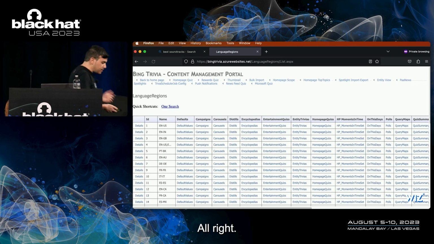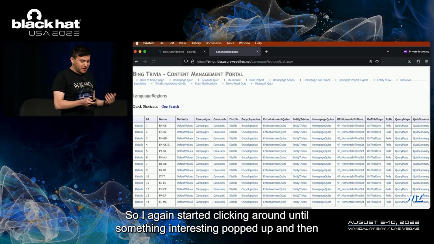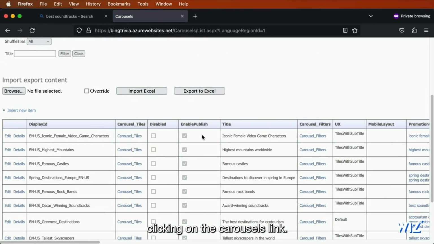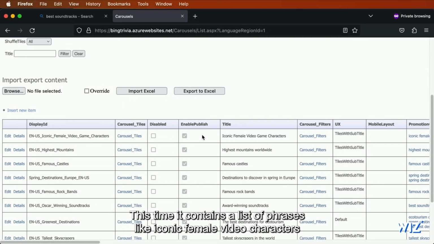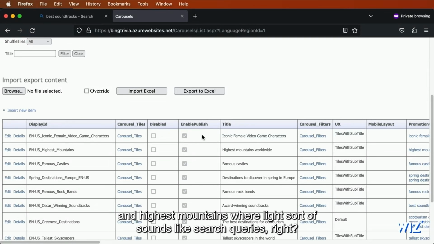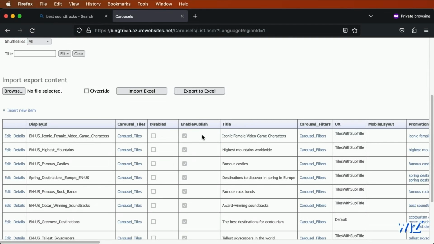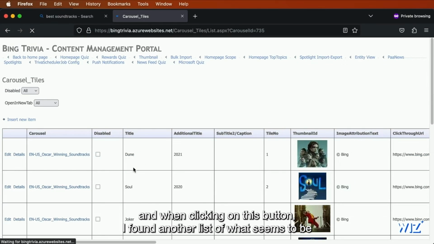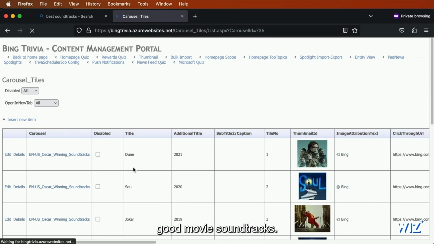All right. So I again started clicking around until something interesting popped up, and then clicking on the carousels link, this page popped up, which was basically another table. This time it contains a list of phrases like iconic female video game characters and highest mountains worldwide. Sort of sounds like search queries, right? So I clicked one of those pages, the one that said award-winning soundtracks, or best soundtracks, and when clicking on this button, I found another list of what seems to be good movie soundtracks, I guess, sort of like search results,